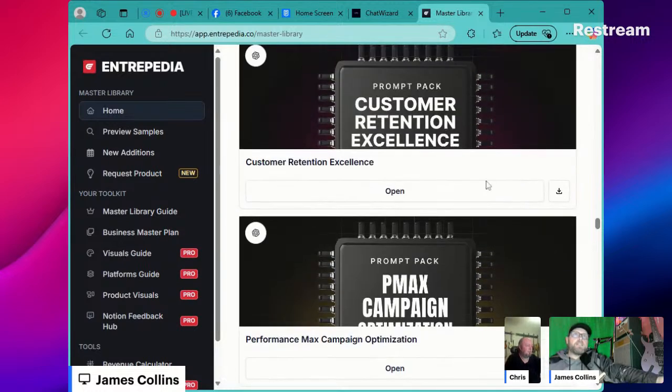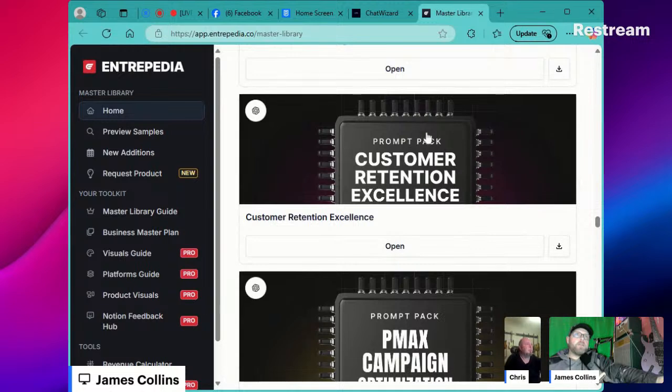Customer retention excellence for prompts. What those are is for our super agent. Imagine being able to tell your phone through WhatsApp, go and create an 8 slide presentation on the subject of whatever you're selling to a customer, and you're on the way. And by the time you get there, it's sitting in your email because your agent is made to work on customer retention excellence. That means it's going to be good at emails, it's going to be good at phone calls, and it's going to be better at phone calls than it is. It's good right now. It will be better.